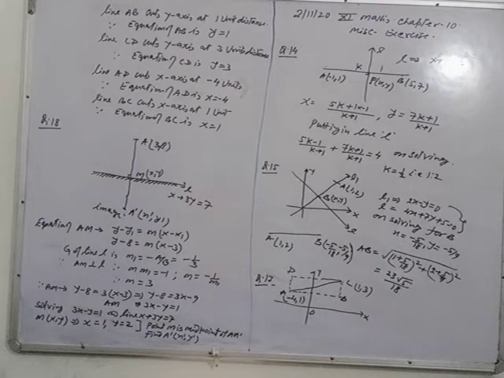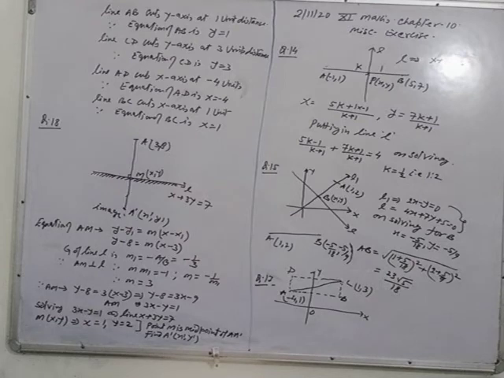Again listen, the image of point A with respect to the given line. Suppose when you produce this line, its image is just behind the line, or behind the mirror, A dash, whose coordinates are (x dash, y dash). M is on the line and is the midpoint of A A dash. So first what to do? First you will determine the coordinates of point M. For this, find the equation of line AM passing through A.